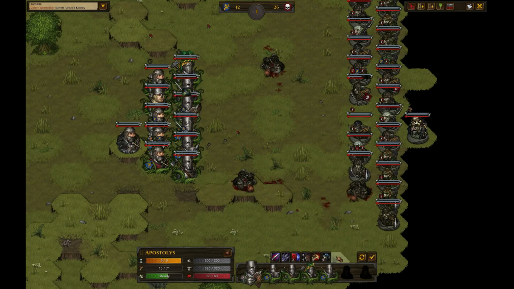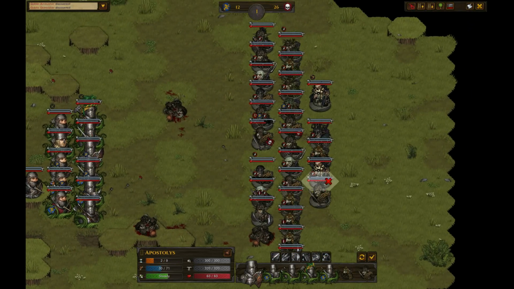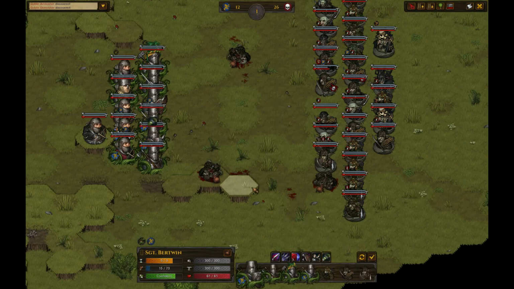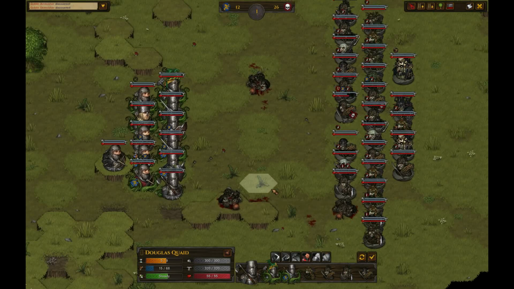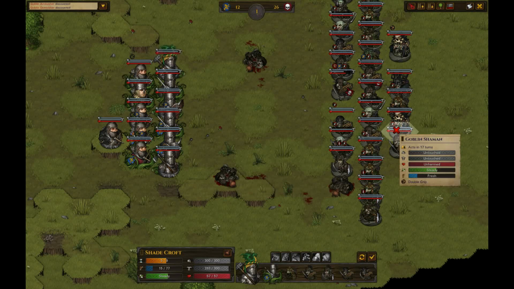And I should probably first get the vision. 1, 2. And what I want to do is try to get rid of as many roots as possible. Because if I just ignore the roots, then the shamans won't have to root again, and they'll be able to